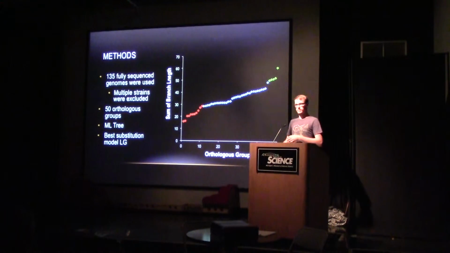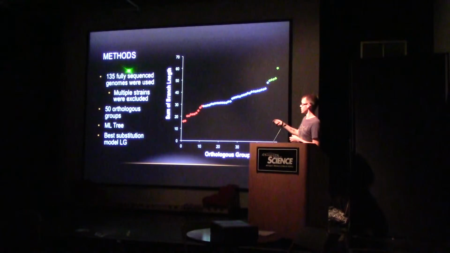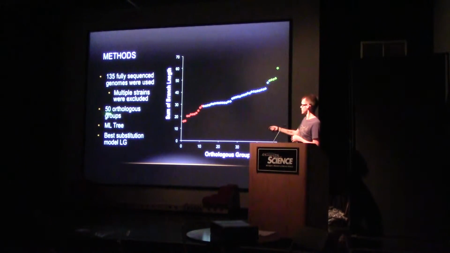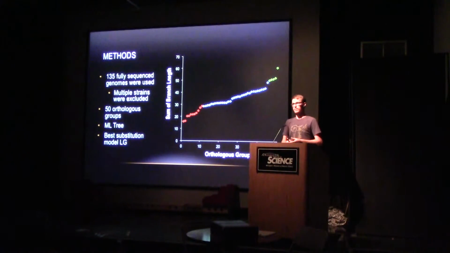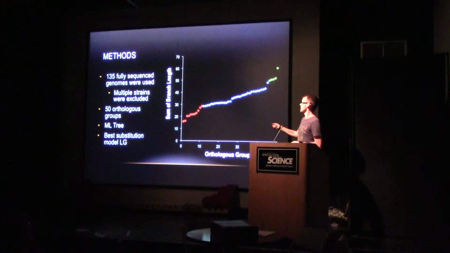So moving into how I did things in the lab, we had 135 fully sequenced genomes, and this right here, this orthologous group, that is a gene that is shared between all of the 135 species. So there were 50 different genes shared between all of these 135 species. And then